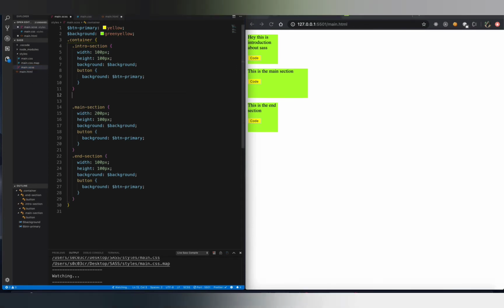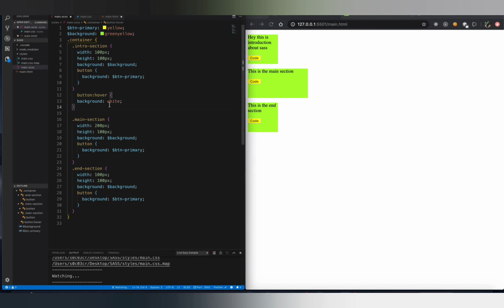All right, so the next thing we want to see is how do we give pseudo classes in case of Sass. In case of normal CSS, how would we do it? We say, let's say we have a button, and when we hover on the button, we want to change the background to white. So let's test this. So yeah, it is white. But then how do we specify that it is this particular button? Either we'll have to go all the way down, say container, intro section, and button, or you have to use something like nth child or something like that, right?